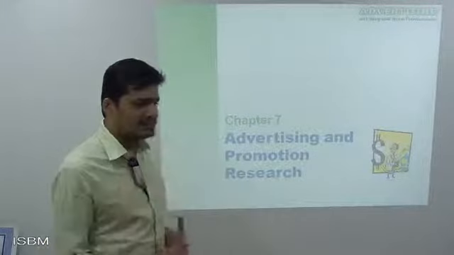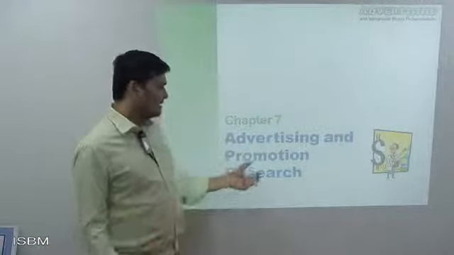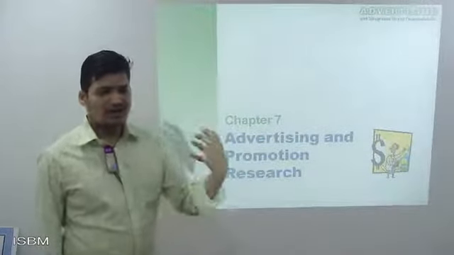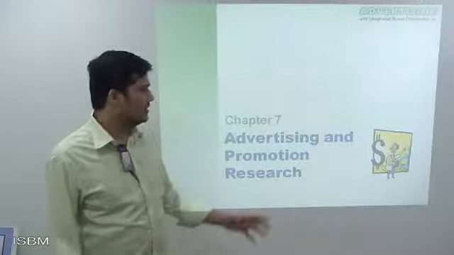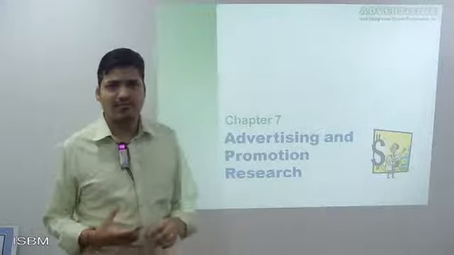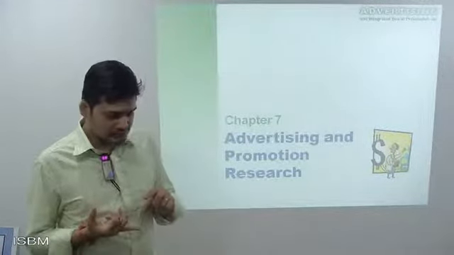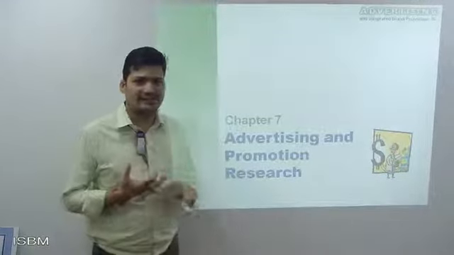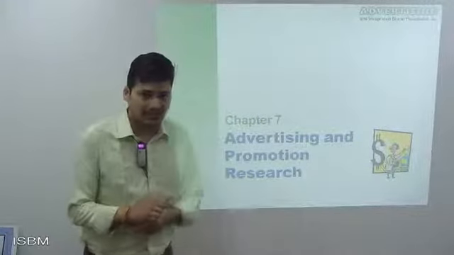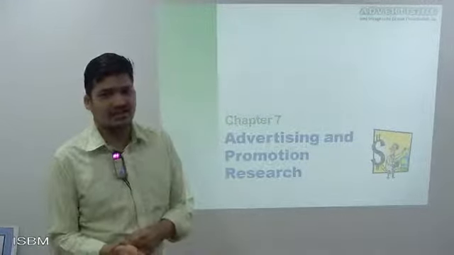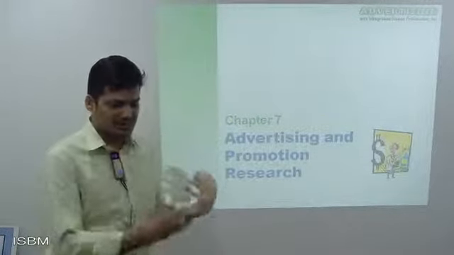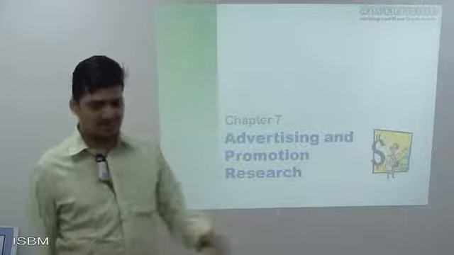So in advertisement also we require some research, with the help of which we do advertisement as well as promotion of the product. There are different kinds of research we do in advertisement. Just like in normal marketing, we have primary research and secondary research. With the help of that we do different kinds of research in which we require data: primary data, secondary data, tertiary data. So how are we collecting those data, and how will these data help us complete our research?